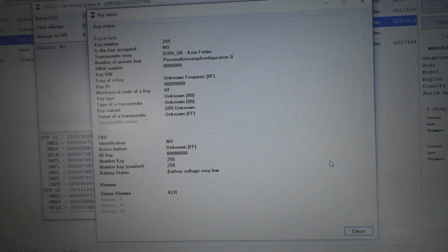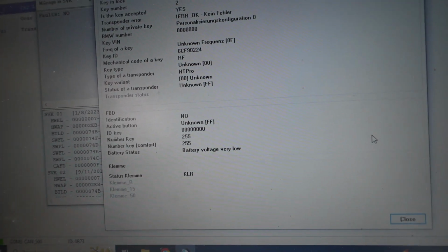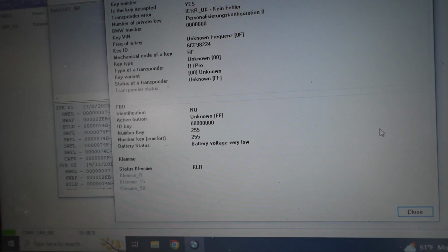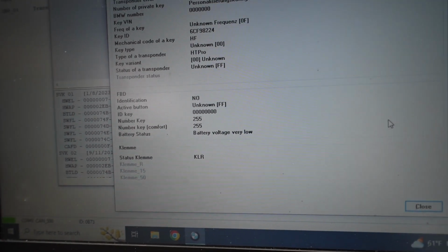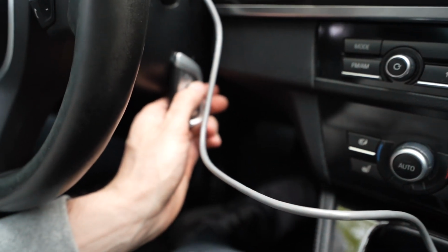All right, so we're gonna take the new key, we're gonna hold it up to the ignition, it pops up, shows the frequency. We're gonna press start. Car started, and now to pair up the lock button, you press and hold the central locking system,